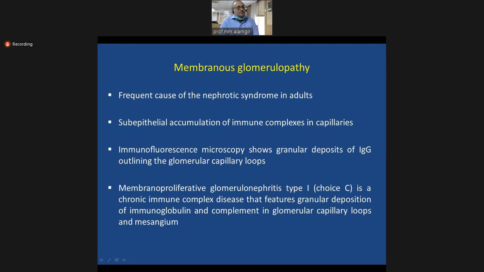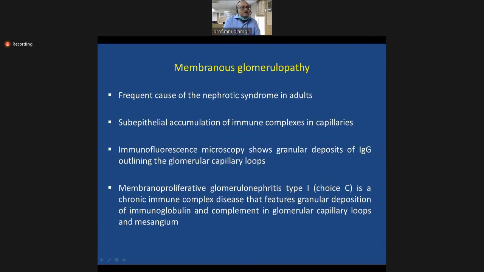Again, there is another question. Nephrotic syndrome. The definition of nephrotic syndrome is very imperative to remember. If you do not remember the definition of nephrotic syndrome, and if the examiner asks you this question and you do not give the correct definition, even if you tell there is proteinuria, protein loss of greater than 3.5 grams per deciliter, then it becomes wrong. So the correct answer is protein loss greater than 3.5 grams per day. So you need to remember the precise definition of nephrotic syndrome. If you miss this definition, the examiner will think you do not know anything about the kidney, the renal system. He may switch over to another topic.